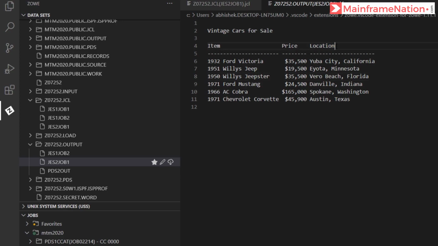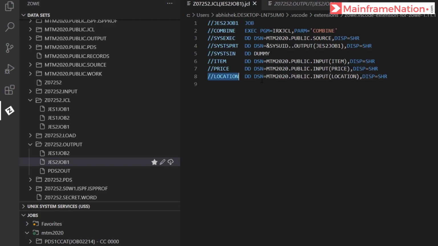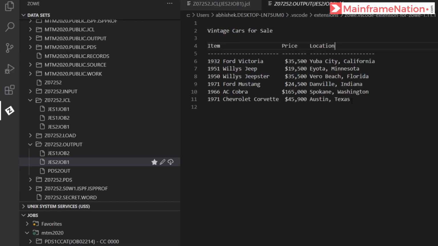Location was previously missing, that is why the JCL was failing. We added a new JCL step called location, and the dataset was input dataset and in the brackets location member. So the job successfully executed and it created an output like this.